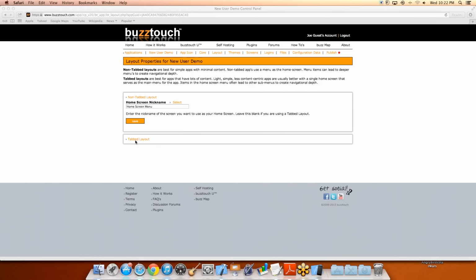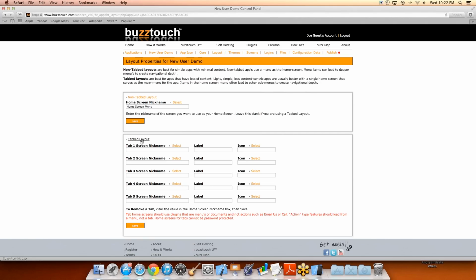If I looked at the actual application home, it's on the side here too, layout and tabs. In this, I've got two options. One is the non-tabbed layout, which is what I've been doing. This is a non-tabbed layout, and it says, what screen do you want to be the home screen? So it defaulted to the home screen menu, which is the one that I've been changing to make it look like this. If I wanted to make it a tabbed layout,